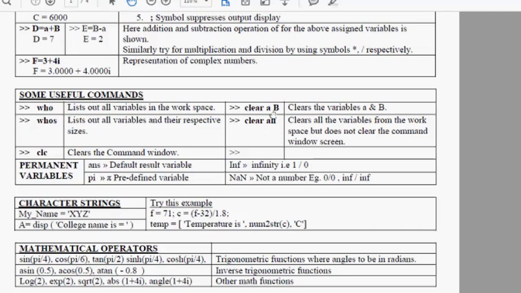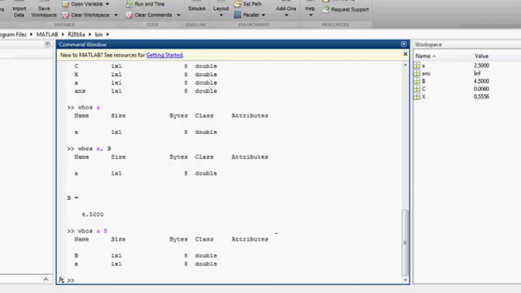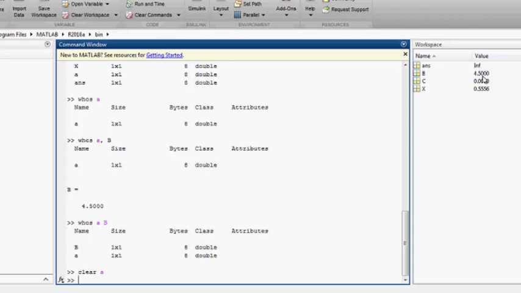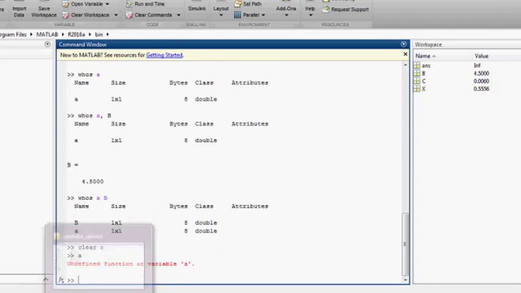Now if I am interested to clear a particular variable from the workspace, I can say clear A. As soon as I enter, that variable will be lost. I can check back. I can say A. It will say it's not defined because it's just cleared. If I want to clear more than 1,